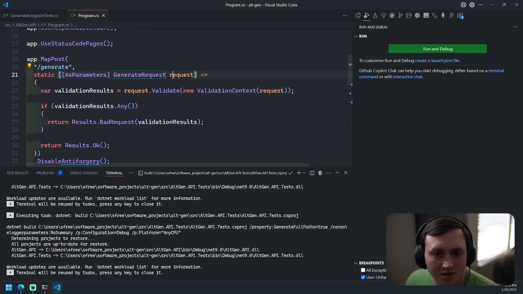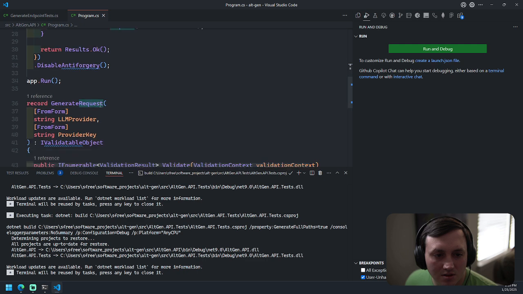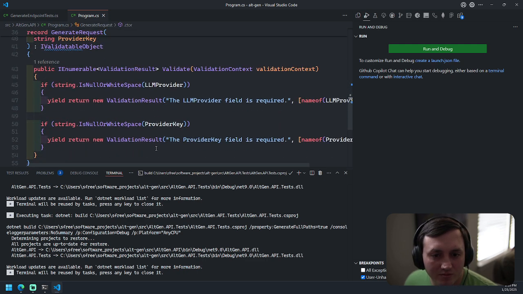As parameters, generate request. This is the request. Bind it from a form.